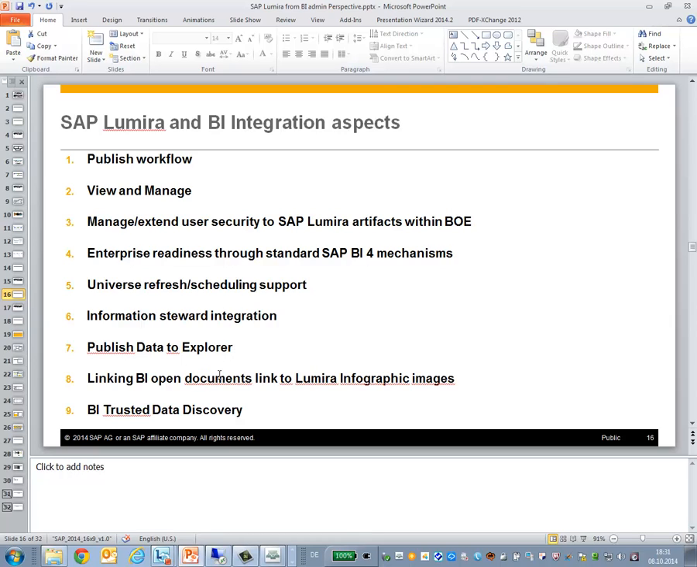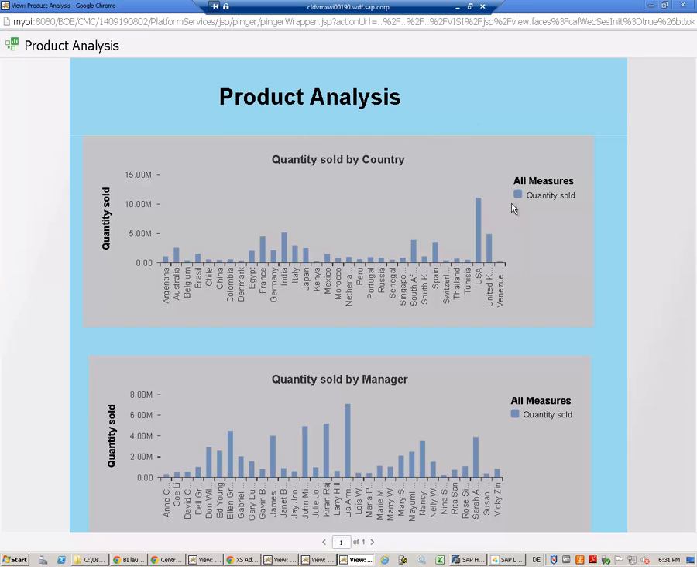There is also a new feature available in 1.19, that we could link different BI open documents to the Lumira infographic images. This is where you could actually expand the usage of Lumira, where you could link other BI reports, where you want to see a mixture of the data coming from Explorer or from Lumira or any other documents. What I really did is create a product analysis graph, an info